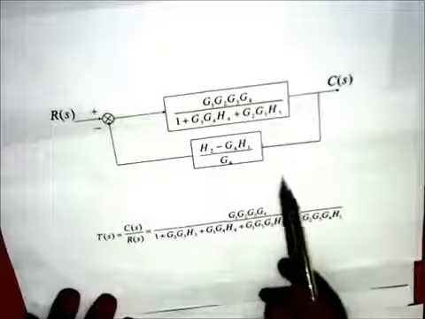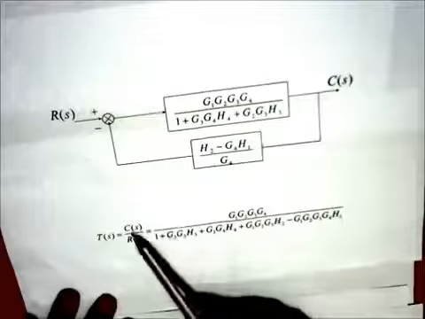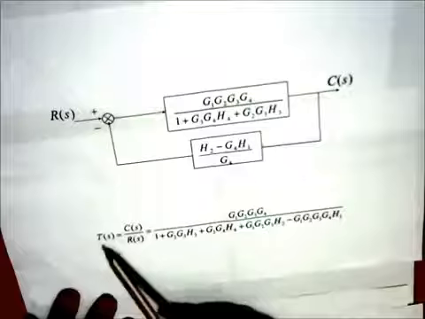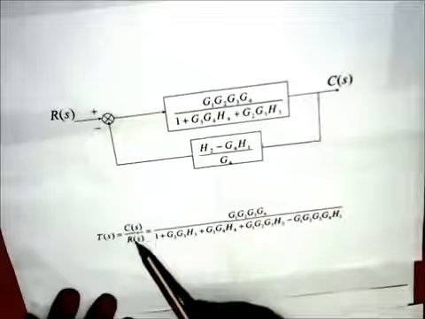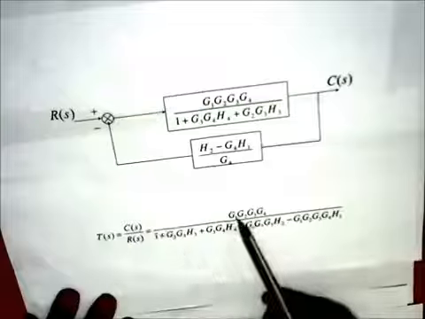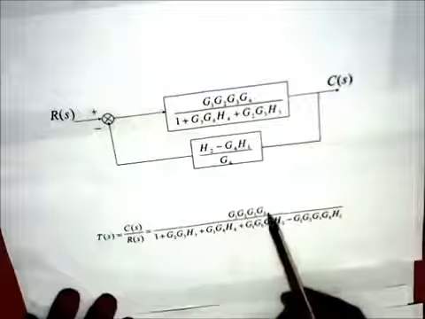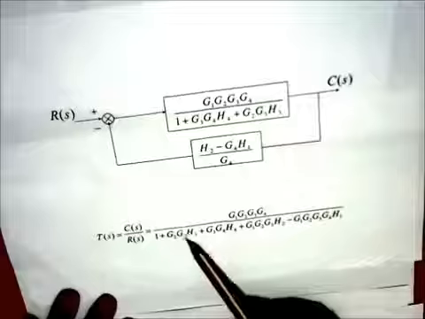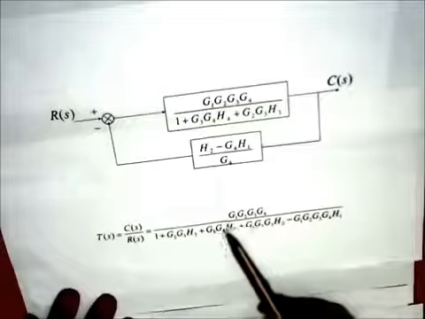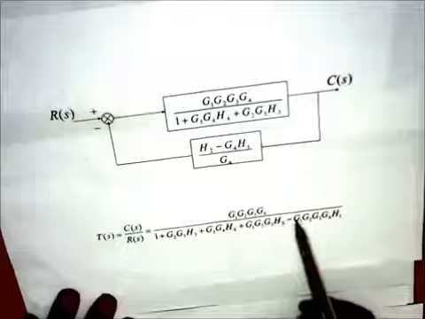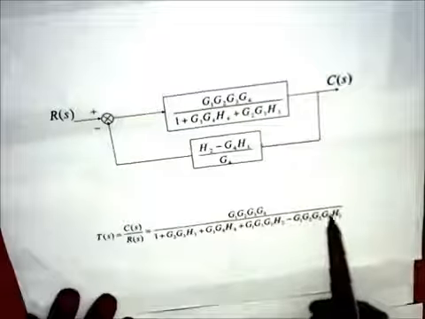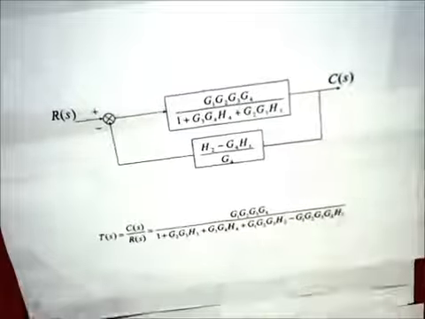This is the overall transfer function, C(s) upon R(s). That is, the transfer function C(s) upon R(s) equals G1 G2 G3 G4 upon 1 plus G2 G3 H3 plus G3 G4 H4 plus G1 G2 G3 H2 minus G1 G2 G3 G4 H1. So now